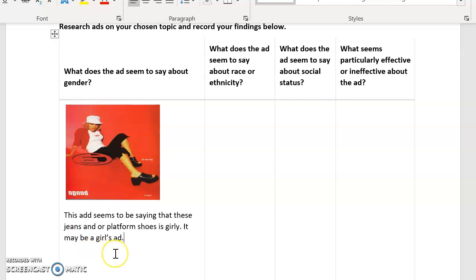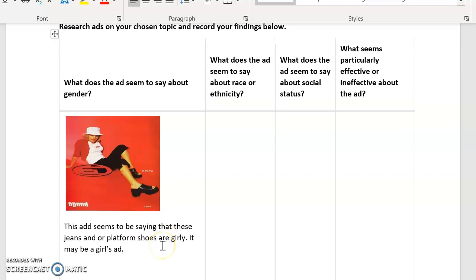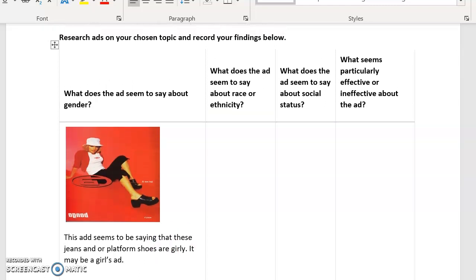All right. This ad seems to be saying that these jeans and or platform shoes are rather girly. It may be a girl's ad. Maybe. What does the ad seem to say about race or ethnicity? This is where it gets a little interesting. It seems to be saying that only a certain race of young